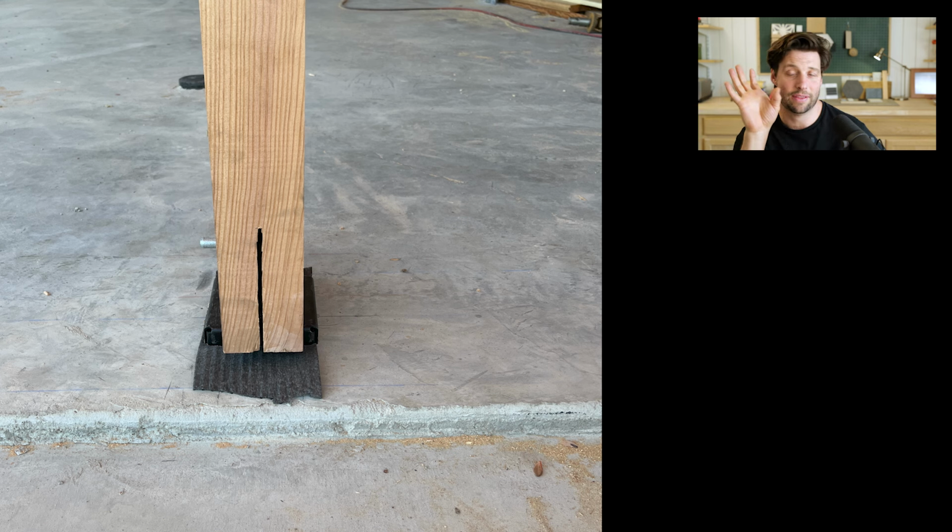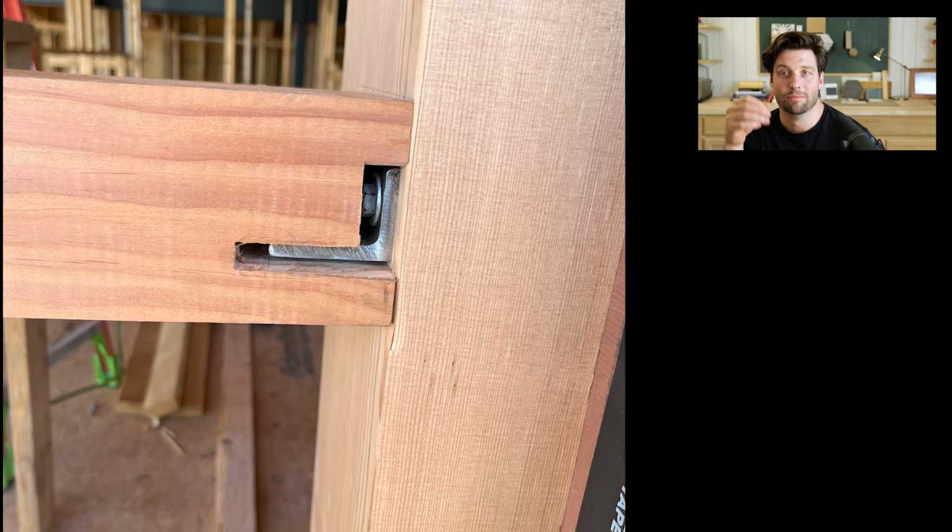Over here on the left-hand side, you see that we've got this bracket. This is just a simple angle iron bracket that is lag bolted into the vertical columns. Again, all of this stuff is my design from a how about we do this, but we ran everything through our structural engineers to ensure that it was satisfactory from a load standpoint. And if you're doing this on your own, I highly recommend paying an engineer just to go through and verify